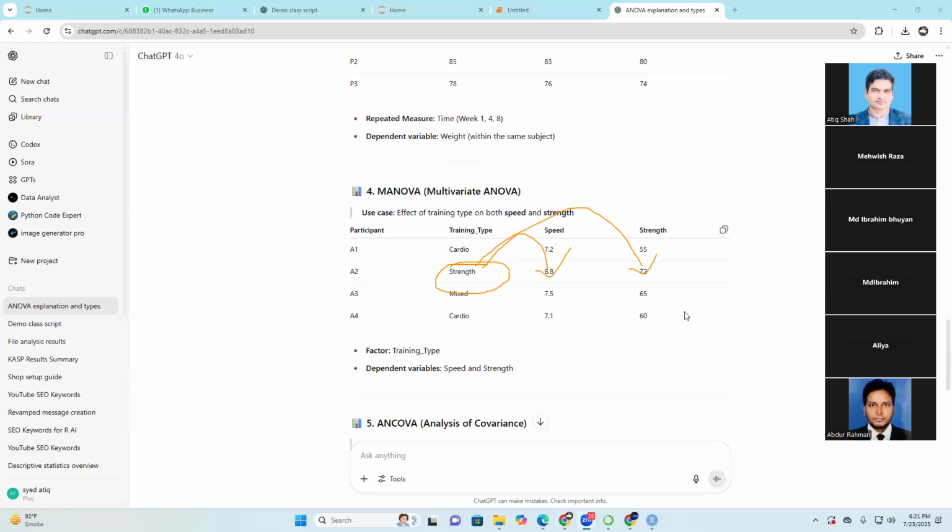Then you need to apply MANOVA. If you want to check the effect of species on petal weight, petal length, sepal length, and all other variables, you need to check